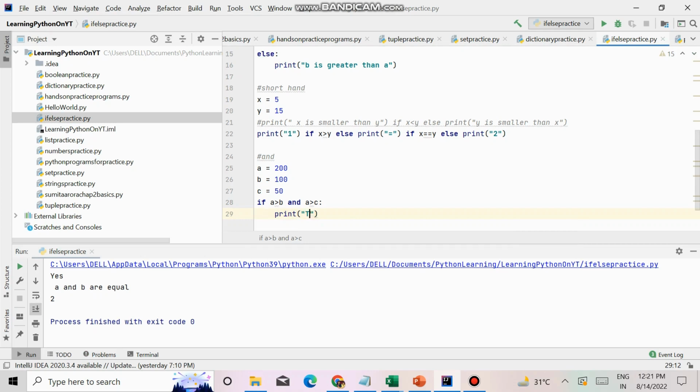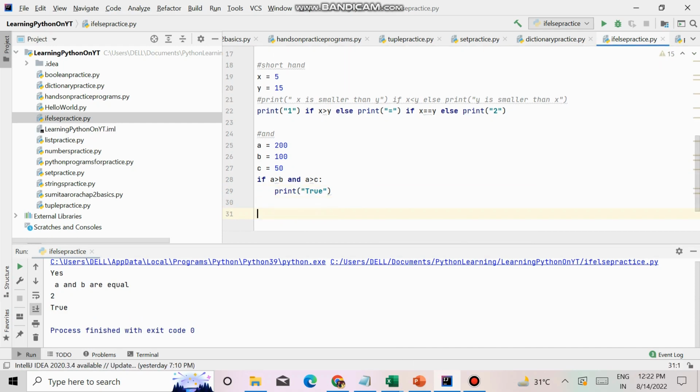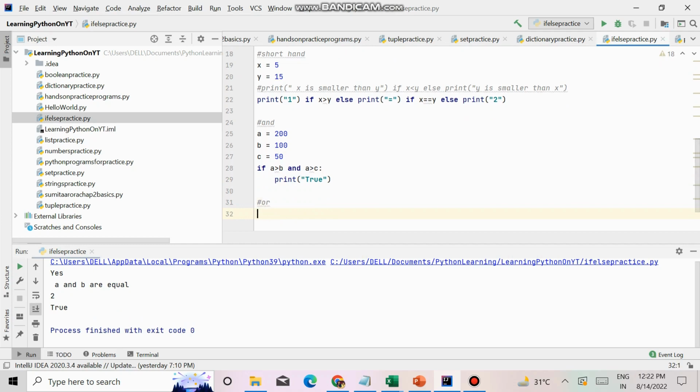Now if I'm doing an and statement, I am writing A, B, C and then, if A is greater than B and A is greater than C, means A has to be greater than B and C both, only then I'll put true. So and is something where both of the statements have to be true. Both statements have to be correct,